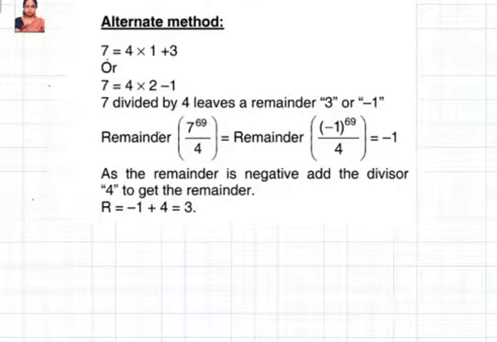So here, an alternate method using this negative remainder is going to do it. What do you mean by negative remainder? Normally we will not be using that as such. We will convert that again into a positive remainder. But finding the negative remainder, sometimes it's going to be useful. So here, negative remainder meaning is, let me take an example.